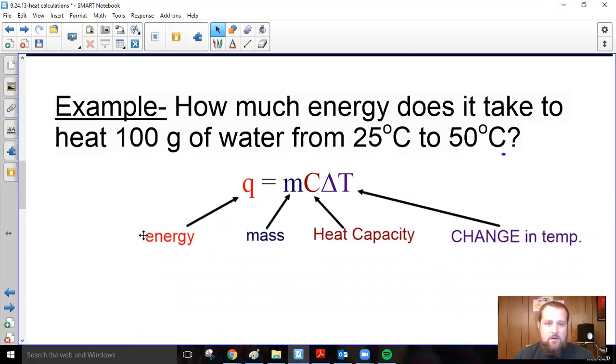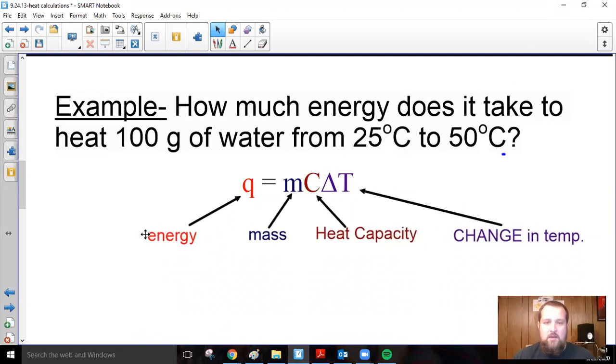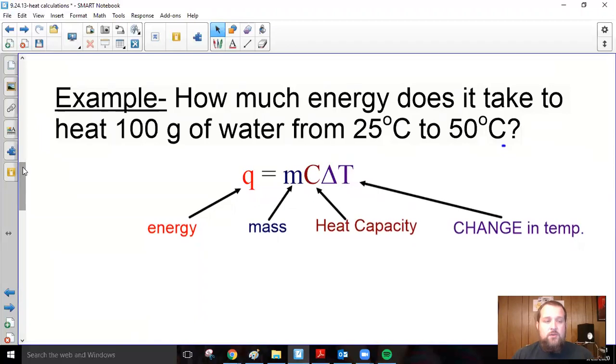So as a reminder, the reference table tells us what each of these things mean. Since you don't see any symbols in between the letters over here, that means they multiply together. When in doubt, if there's no spaces or plus signs or minus signs, just multiply them. So really, this is a pretty straightforward formula. If you want to find the energy, you take the mass, multiply times the heat capacity, multiply times the temperature change,